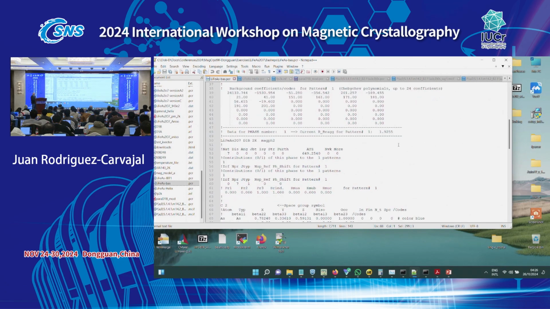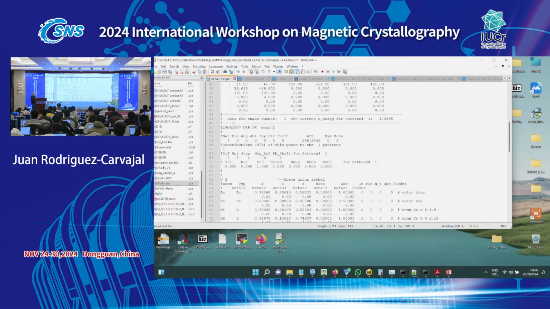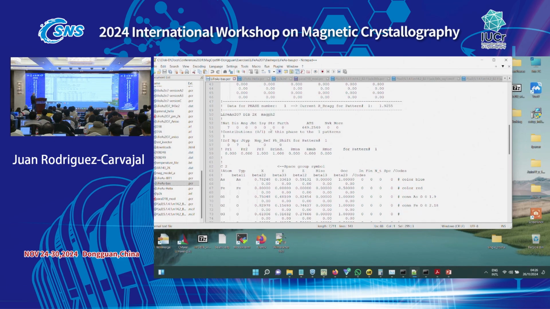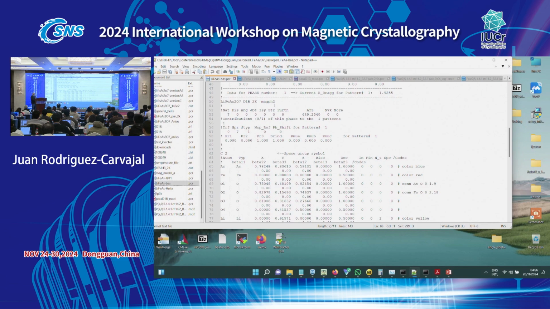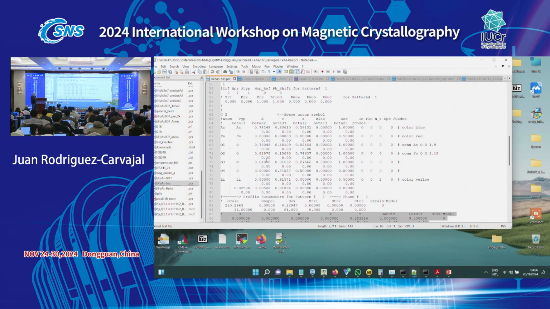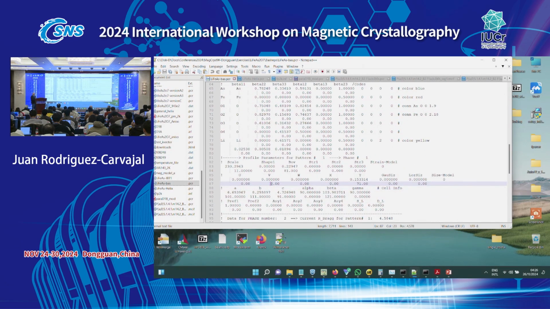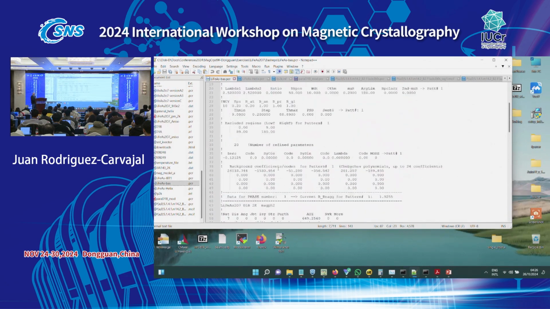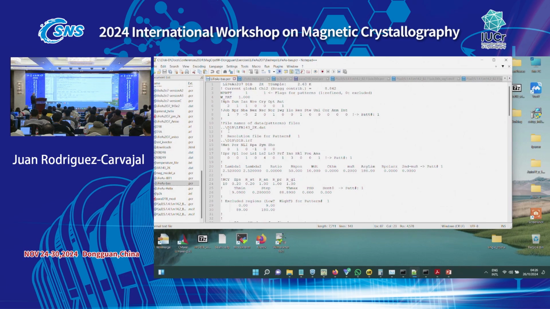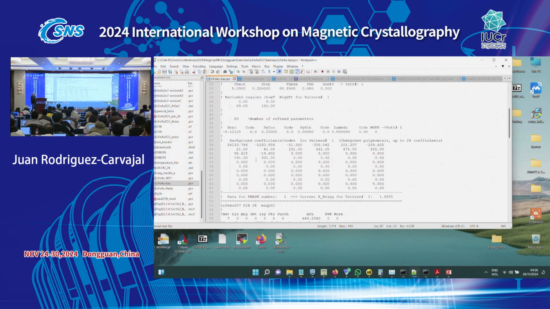And here you have the phases. Here is LiFeAs2O7, D1B, 2 Kelvin. And this is just a keyword telling that the second phase has the magnetic structure related to this compound. Here you have the positions of the atoms. We have the instrumental resolution function file, which is read here from another directory, and the data are also in another directory.